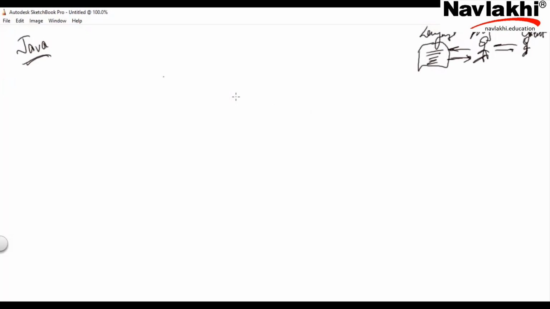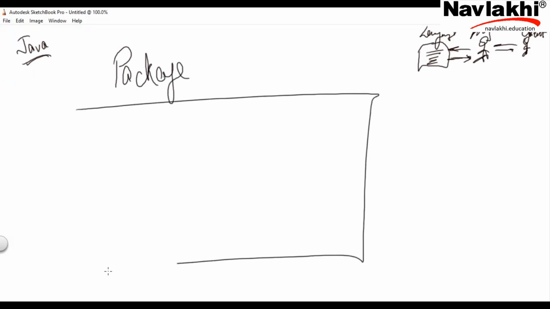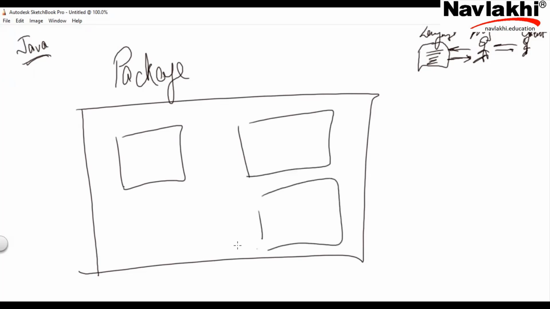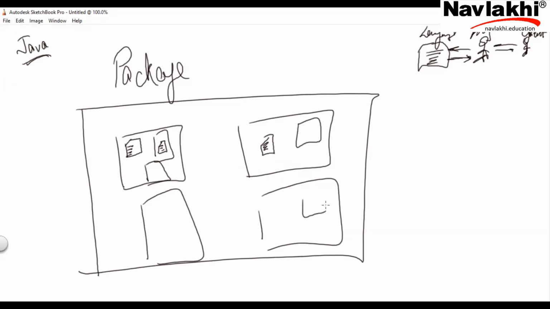So let's start with the right terminology. The right terminology in Java is, first, there is a package. Think of a package like a parcel. Within a package, there could be many sub-packages. Within the sub-packages, there could be more sub-packages, or there could be something called classes. Classes are always part of some package or sub-package. I repeat, classes are always part of some package or sub-package, and classes have a collection of functions.